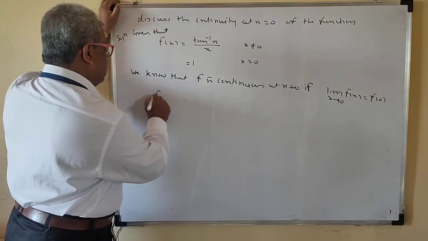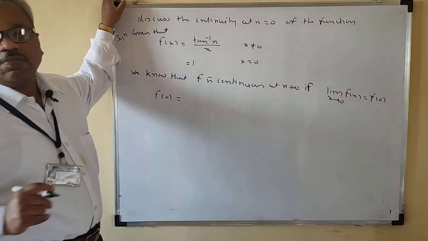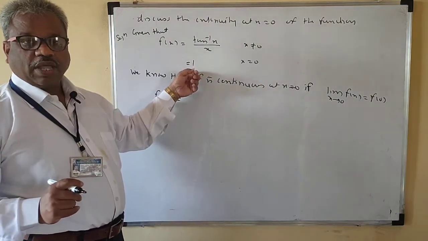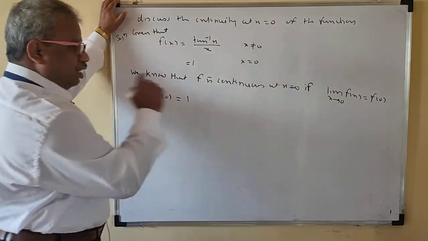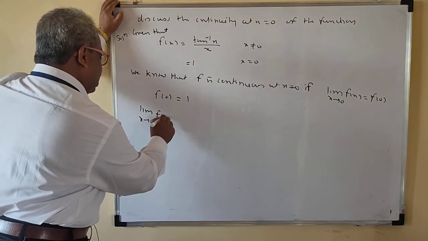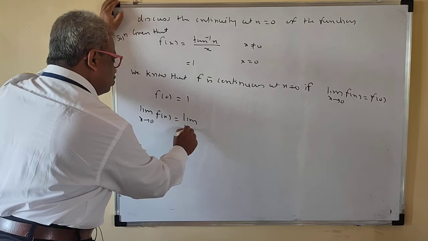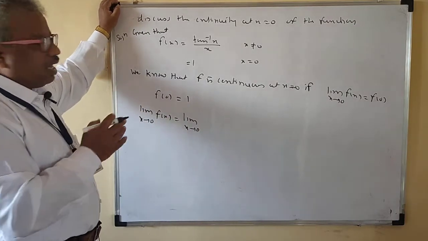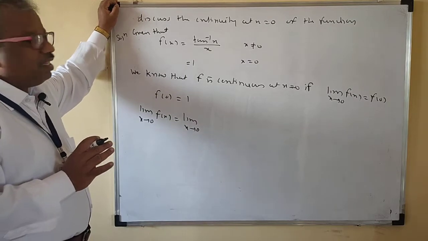So first part is very easy. So that is f of 0. Easily you can find the value of f of 0. So when x is equal to 0, directly we have the value of the function. So this is 1. Now we'll evaluate the limit. Limit x tends to 0, f of x. For x less than 0 and greater than 0, there is a single function. So no need to take the left hand limit and the right hand limit now.